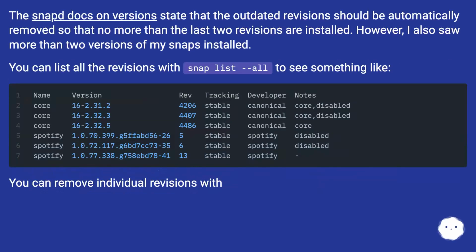The snapd docs on versions state that the outdated revisions should be automatically removed so that no more than the last 2 revisions are installed. However, I also saw more than 2 versions of my snaps installed. You can list all the revisions with snap list --all to see something like